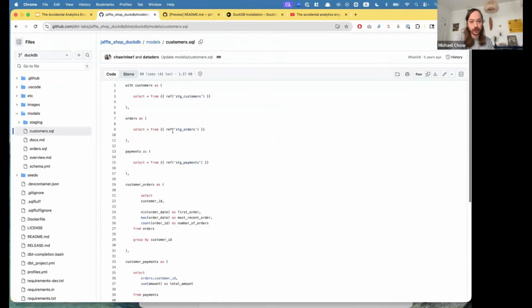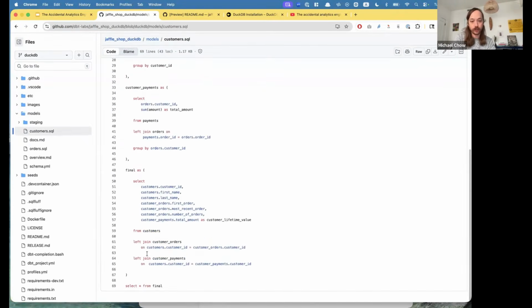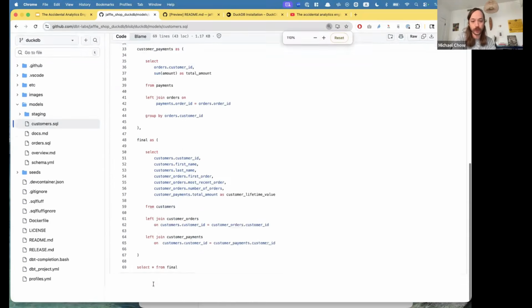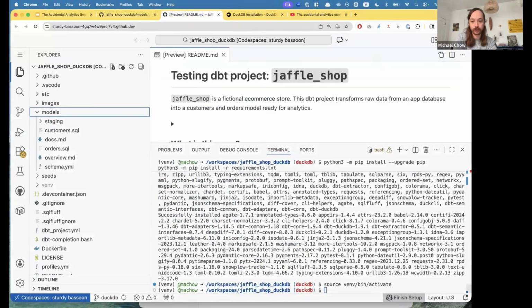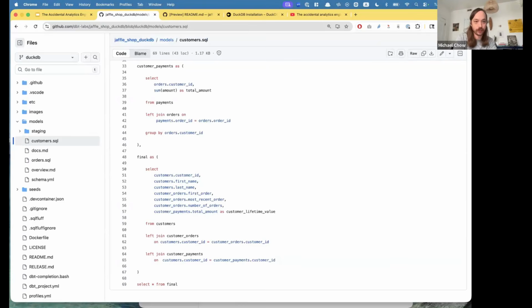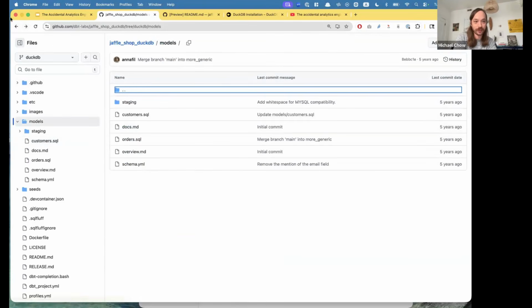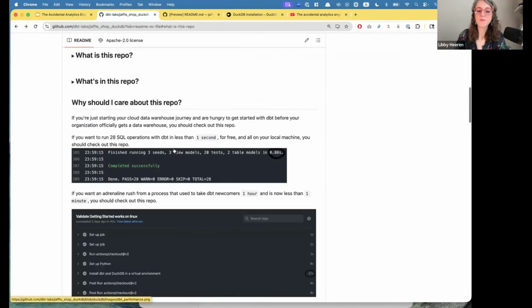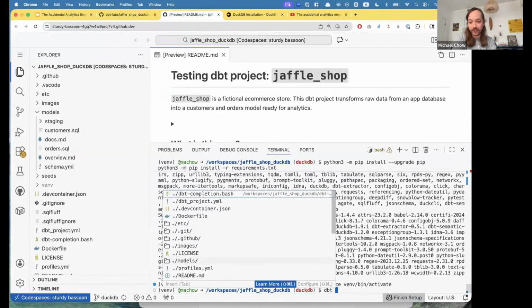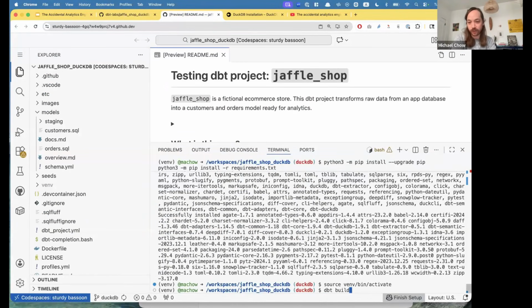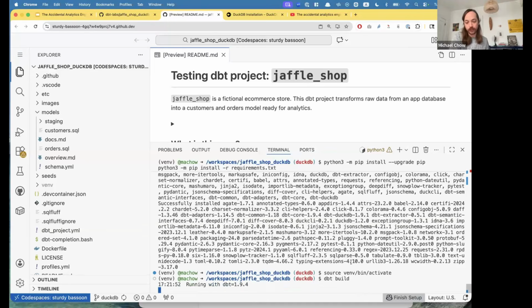There's a bunch of SQL, and a final query down here. For every SQL file, we want to produce a table from this Jaffle Shop data. So when I run dbt, what's the command, Lori? dbt build. All right, dbt build. Let's see.